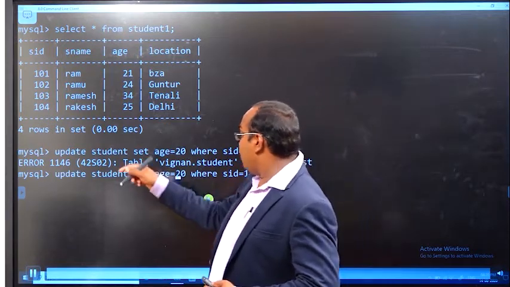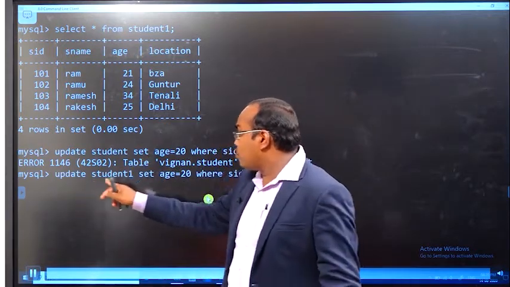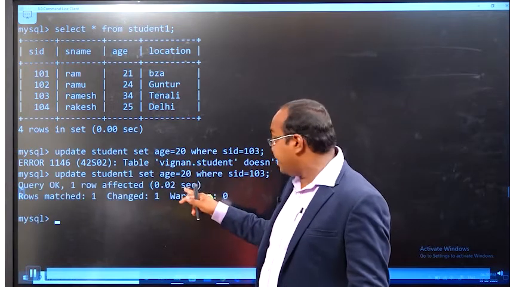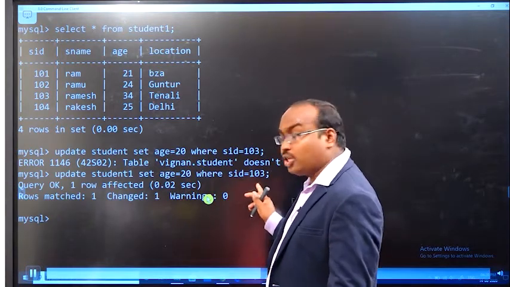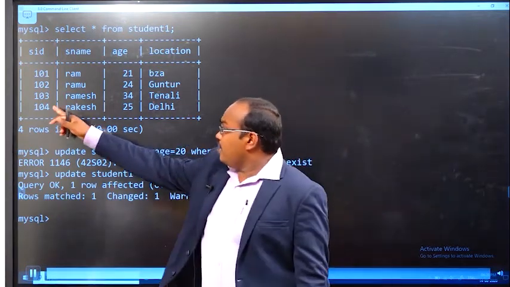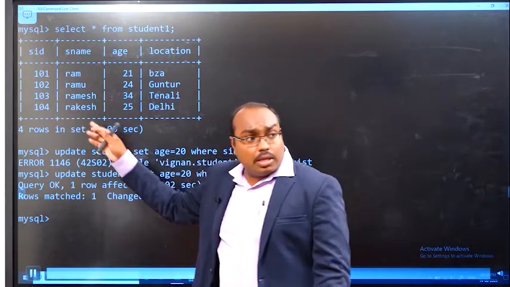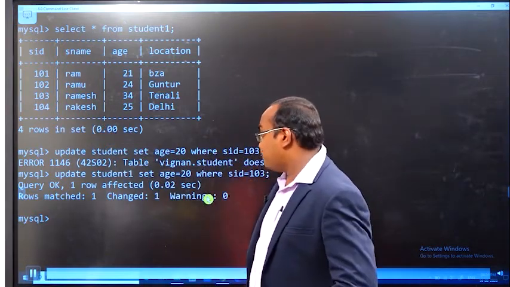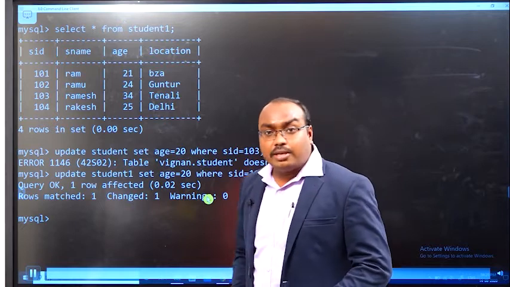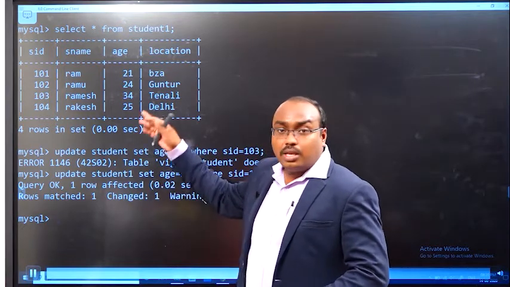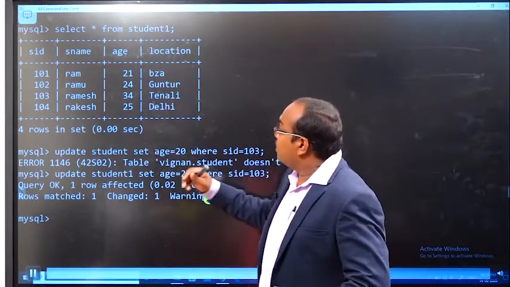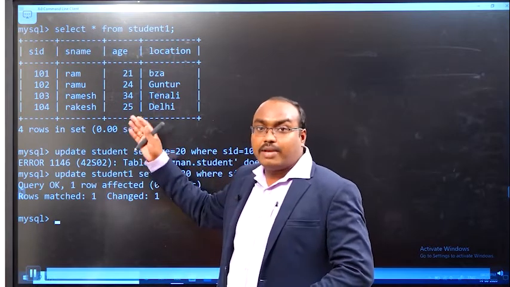Now again modifying: update student1, set age equal to 20, where SID equal to 103. So the third row is updated. Now I want to check whether this update is available or not.